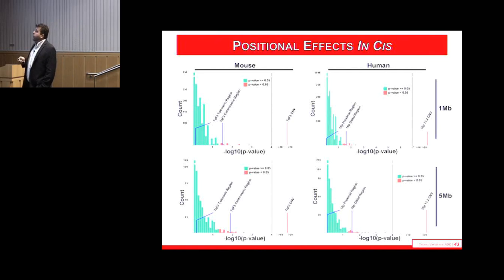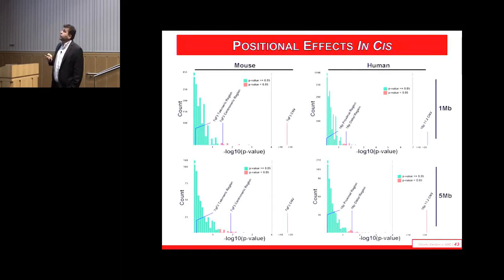However, among the most significant bins on the end of the distribution is the 16p distal region, just distal to the 16p11 microdeletion syndrome. If you look in mouse, you see the exact same region is statistically significantly enriched for differentially expressed genes. But the proximal region isn't at all. It's right smack dab in the middle of the distribution of the entire genome. So you have one side of the CNV that's enriched for differentially expressed genes, and the other side of the CNV that isn't at all.